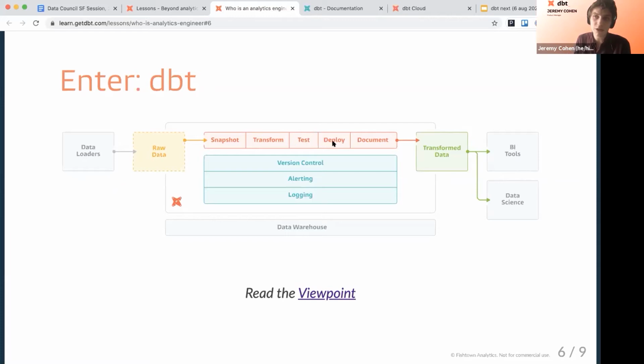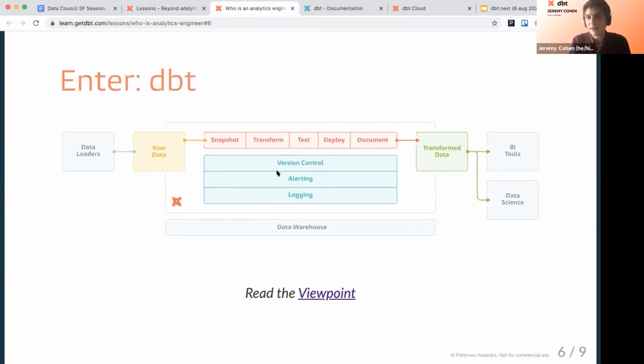We should be deploying those transformations on an automated and scheduled basis. We should be documenting those transformations so that if, as does naturally happen, the really talented analyst who built a lot of our infrastructure from the ground up, built a lot of our transformation logic, ends up leaving to pursue a life of the arts, we're not totally at a loss because the logic has been documented in human readable language. Maybe we need to add some pieces on the other end. Maybe we need to snapshot slowly changing dimensions so that we're not losing important contextual information, and to be doing the whole thing in version control with alerting and logging along the way.